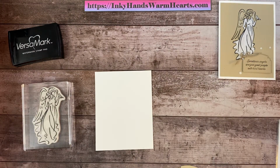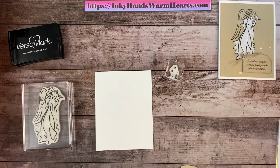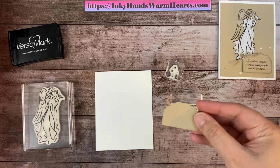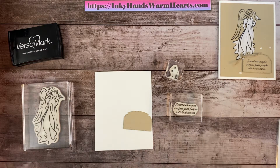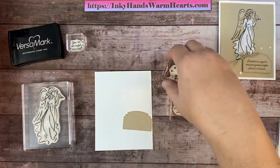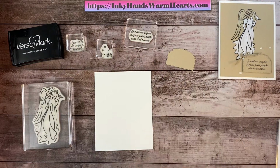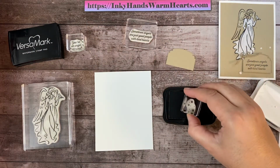So let's go ahead and do the inside stamping. So we are first going to be using these cute little stars, and then on the die cut piece right here, we're going to use this word, and then we're going to use one more word. So I will show you them as we go along. I'm going to do the inside of the card first, and we are going to use the Memento Tuxedo Black ink pad. So let's go ahead and ink up these cute stars